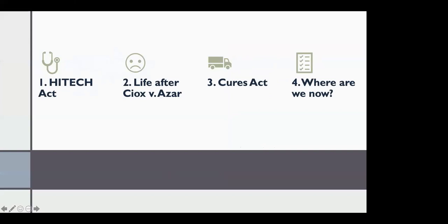All right, so let's get to the good stuff. I think this is actually my fourth time giving this presentation, and each and every time I do it, there is a completely new regulation or guidance that we have to deal with. So to understand how to get the lowest cost medical records today, we have to go through a little bit of history. First, I'm going to take you through a brief overview of the HITECH Act. Then I'm going to tell you how everything changed in the wake of the decision in PSYOX v. Azar. And then finally, I'm hopefully going to give you a little light at the end of the tunnel by discussing the Cures Act, and giving you some methods and problem-solving solutions to still try to get the lowest cost medical